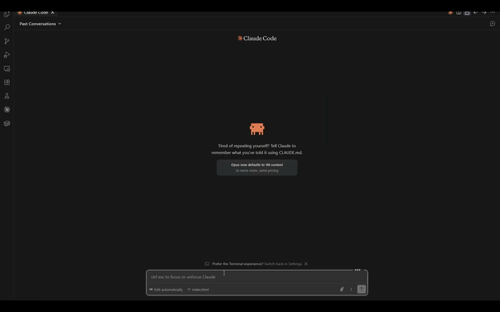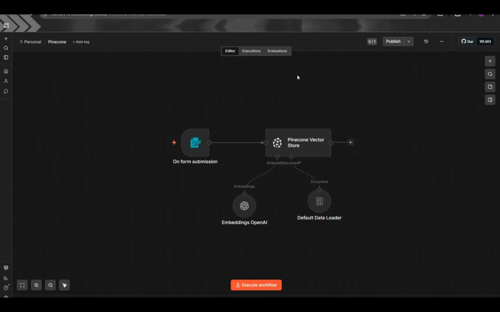Other than what we were using before, Pinecone, let me show you. We were using Pinecone here like a vector database. We're using it in n8n. This is to chunk the information that you have. Then when you ask the chatbot or the AI about specific information about this type of project, it gets the information correctly. Let's say that you have a user guide or a user manual,